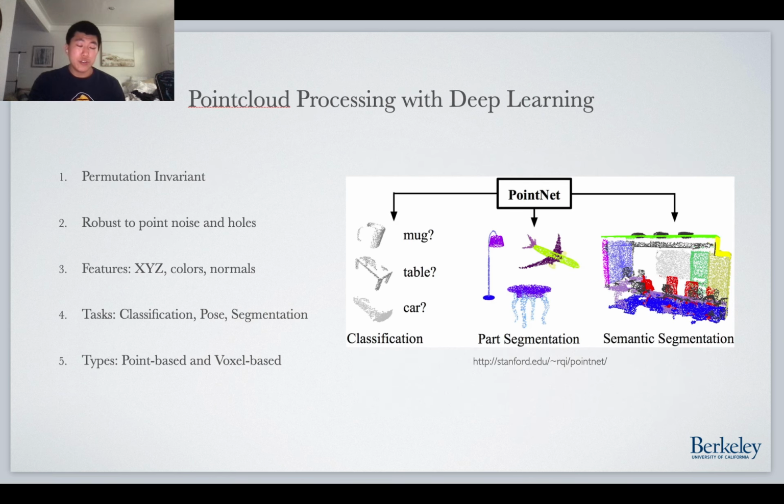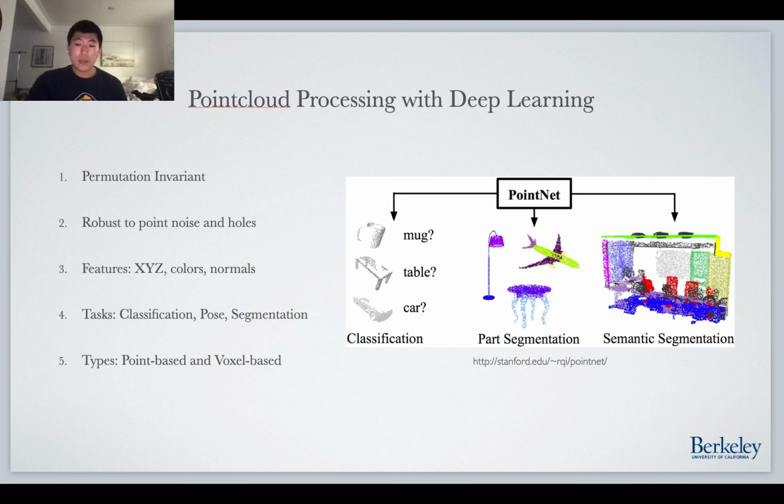Inspired by 2D convolutional neural networks, what we are looking for is a network that can process 3D point clouds like their 2D image counterparts. The first property that a 3D point cloud network needs to satisfy is permutation invariance. 3D point clouds are an unordered data type, unlike images, which are ordered very naturally by the rows and columns of the pixels. We can think of a point cloud as a list of points and their features in any arbitrary order. A 3D point cloud processing network should be able to process a point cloud regardless of the order